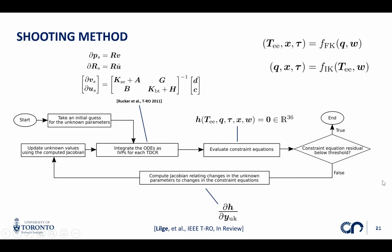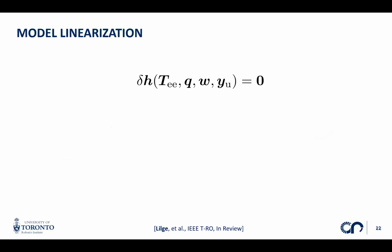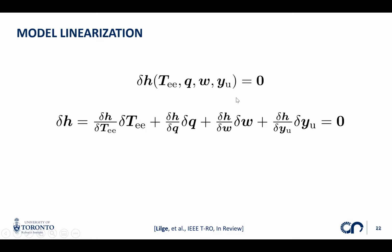There's one last theoretical thing that I want to discuss that we can do with the model. And that is linearizing the model around a specific current operating point. So we know that our constraint equations have to equal 0. In the same way, we can say that any change or any perturbation in the constraint equation also has to equal 0, because our constraint equations always have to be fulfilled. So I just wrote them down here again. I summarized all my uncontrolled variables, x and tau, into this variable y, u. And this change of my boundary conditions, I can now